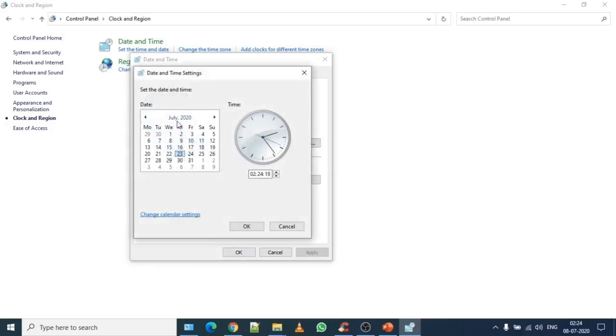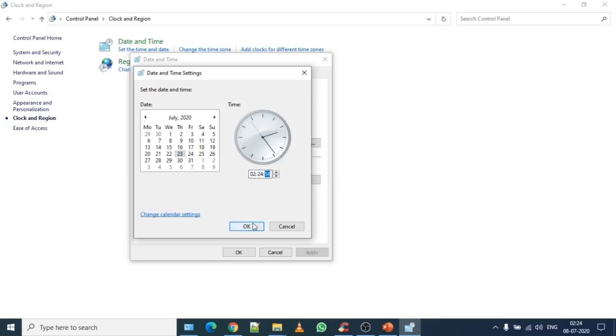If it is wrong, first select the proper month. If you have selected the proper month, go above and click on year. Make sure you have the proper year selected. Then select month and then date. In a similar manner, set the clock time, which is hour, minute and second, according to the correct date and time.